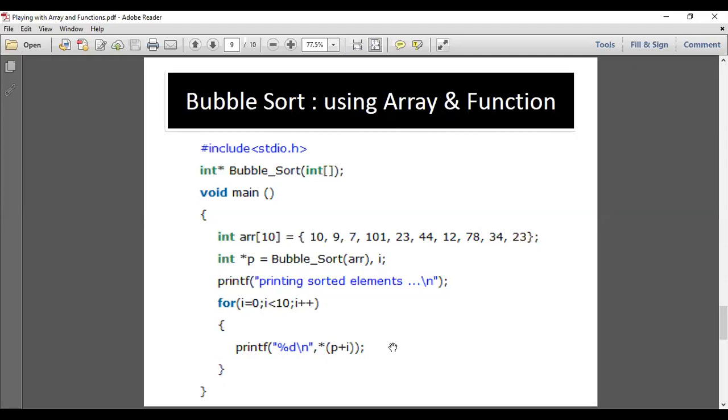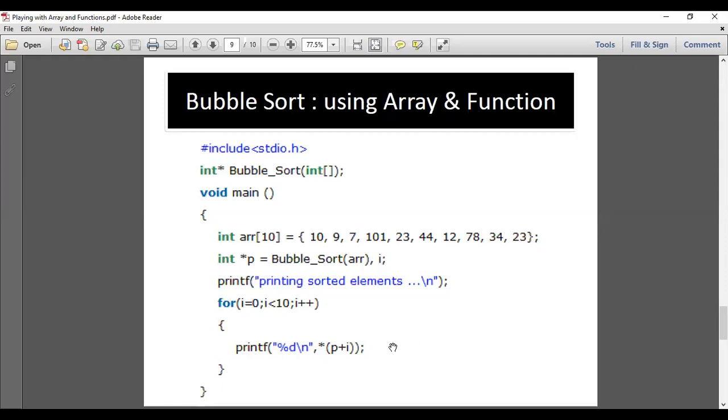A bubble sort may be written in 10 to 15 ways, as I always say, and we need to choose the most technically correct way.